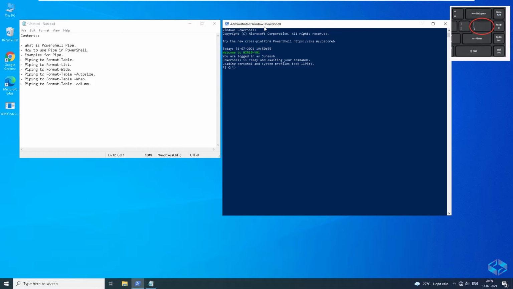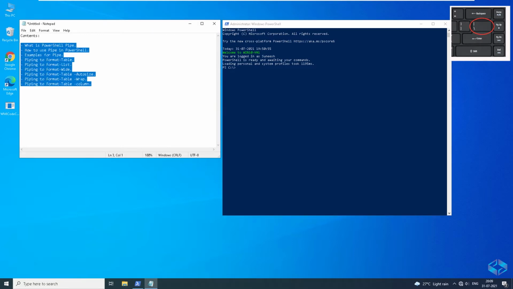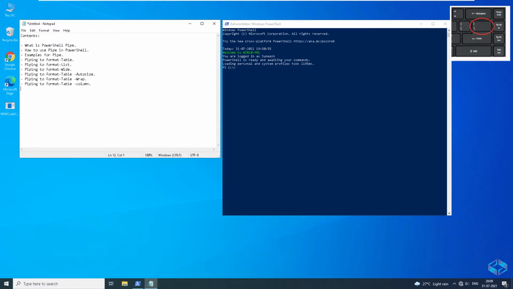And so we start with the PowerShell pipe. As you can see here, these are the topics we are going to cover today. Just to start with, what is the PowerShell pipe? In simple terms, it is the pipe key on your keyboard, just below the Backspace or just above the Enter key.